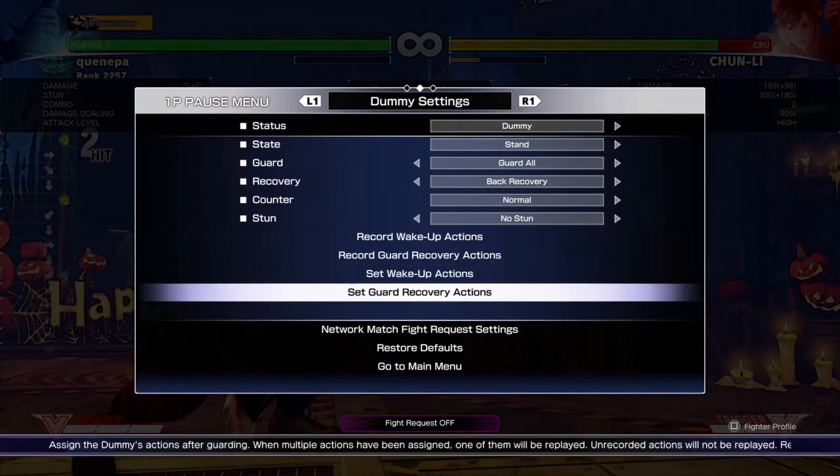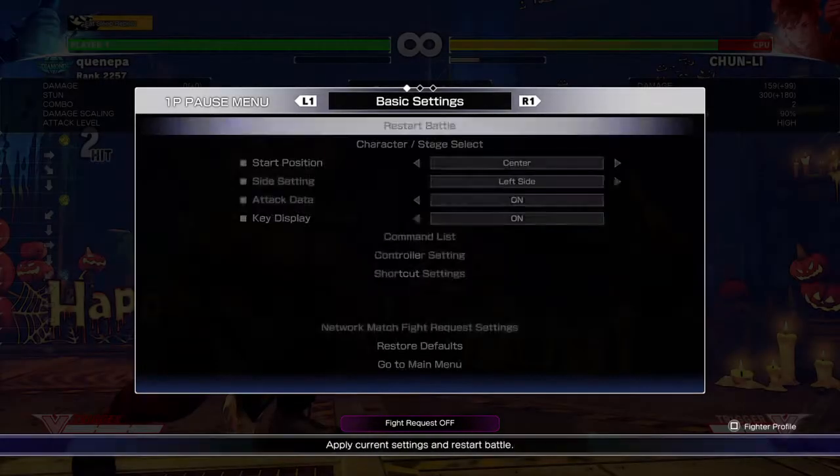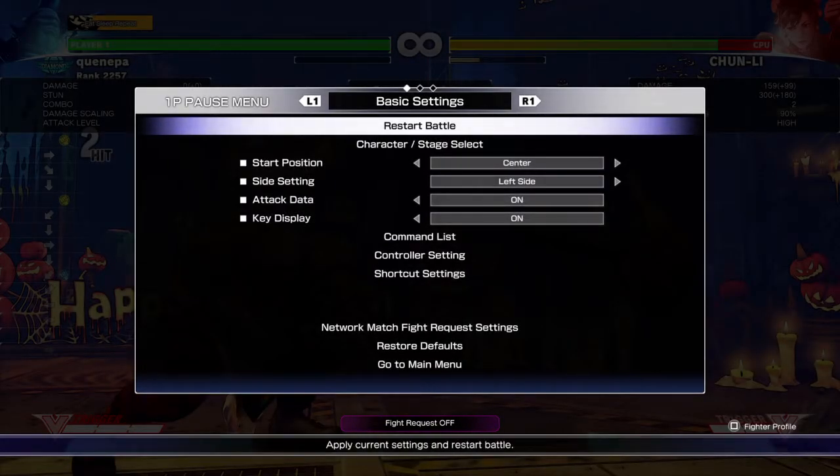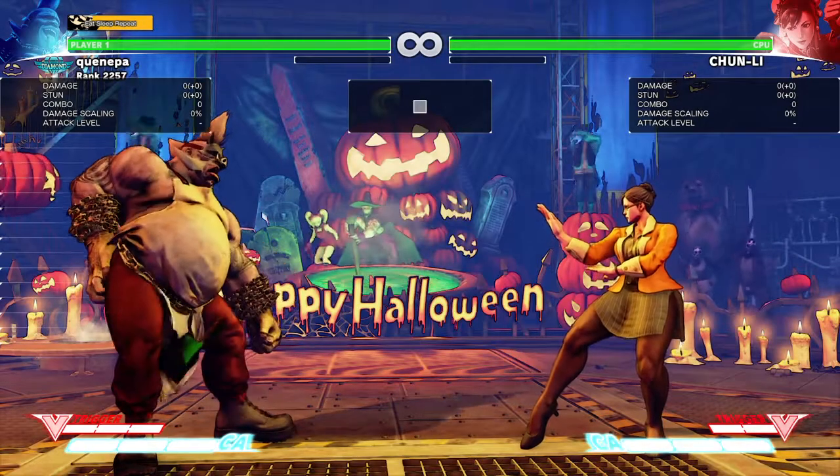All right, just wanted to go over that. I'll go over some more after I explain this as well. This I explained in some of my matchup videos, but I'm just gonna go over it just in case for people who didn't see that. Alright, so throwing the chain against Chun-Li